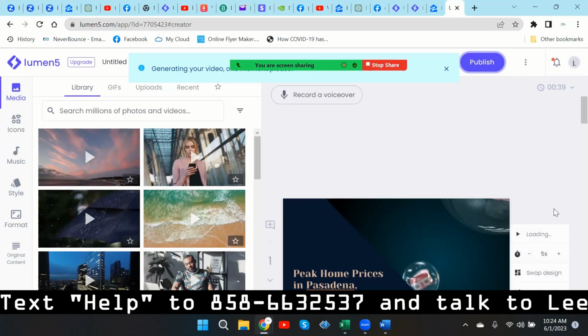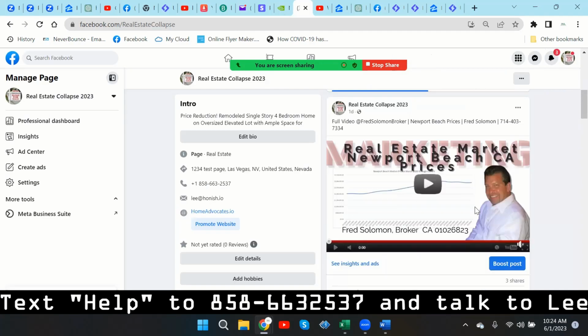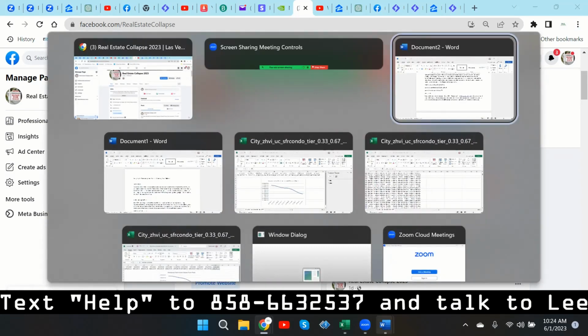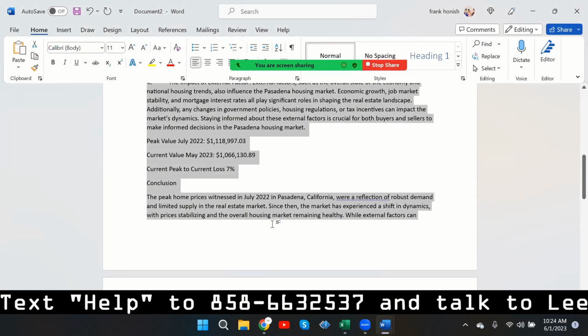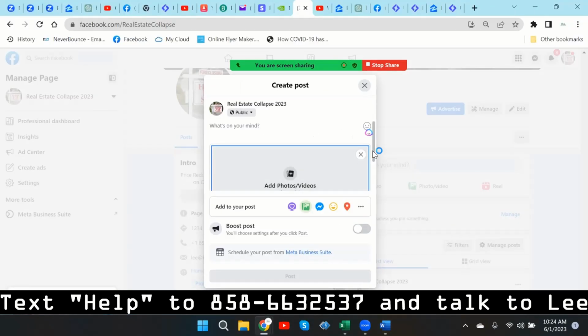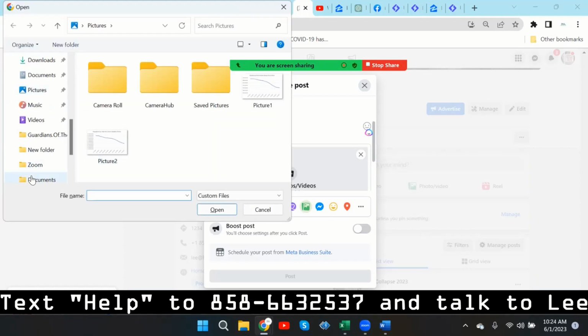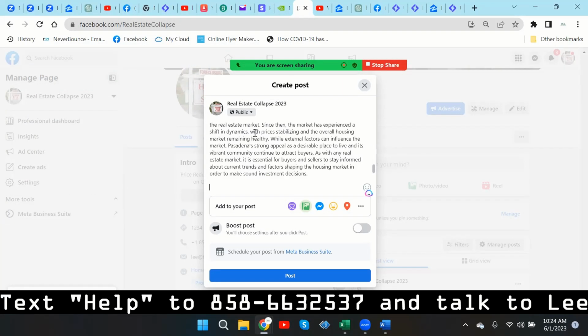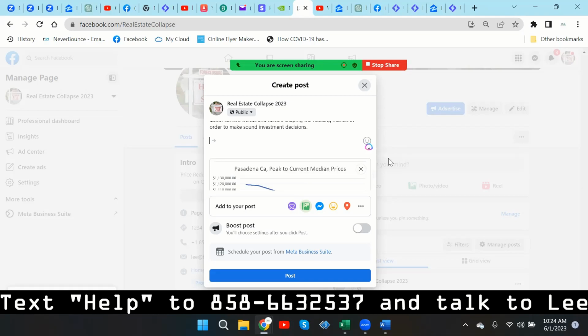Click the publish button. Again, first thing I would do while this is publishing, I would go to my page, right? Take my Word document, Control A, Control C, tell the story, right? First thing is your photo. Click on your photo. It's in your picture folder. Picture 2, that's Pasadena. Then right click. And again, at the bottom, if you have questions,